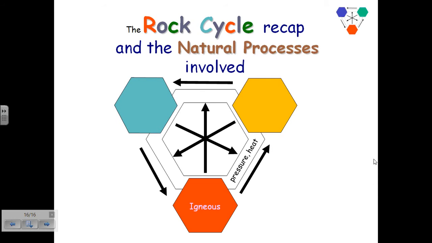When you add pressure and heat to this rock and it's packed down into the earth, that rock then becomes metamorphic rock. Now, metamorphic rock can undergo several processes, from water and wind, in a process called erosion,